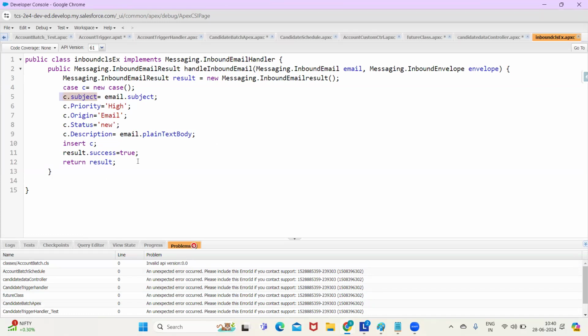This is the way we can implement the inbound email services. First, we have to create the class. We have to implement this Messaging.InboundEmailHandler interface. It contains one method only, handleInboundEmail method. Using this InboundEmailResult, we are